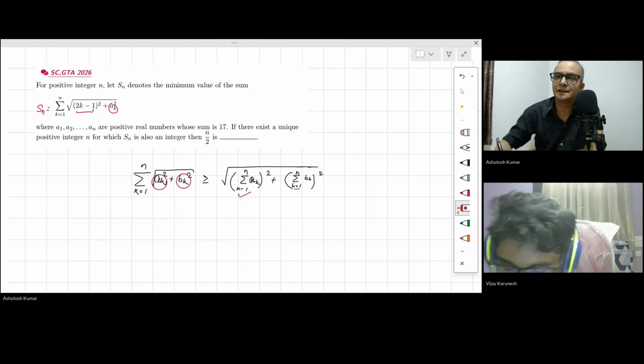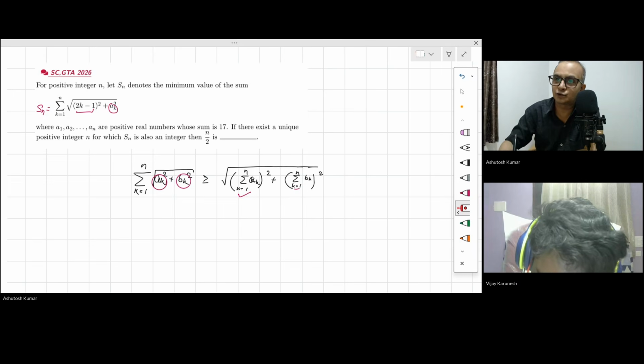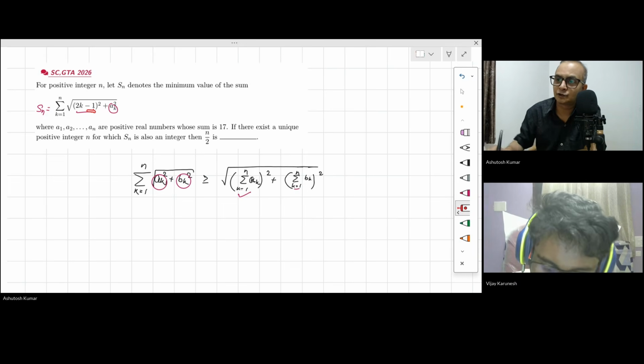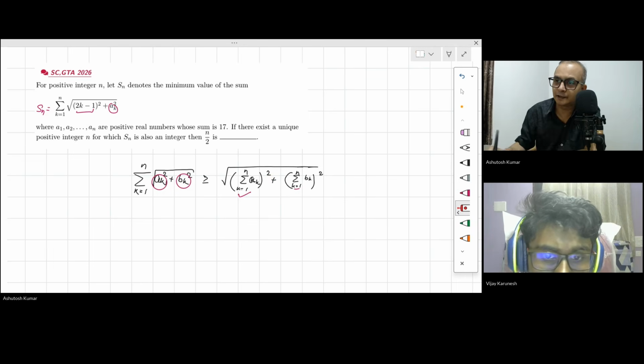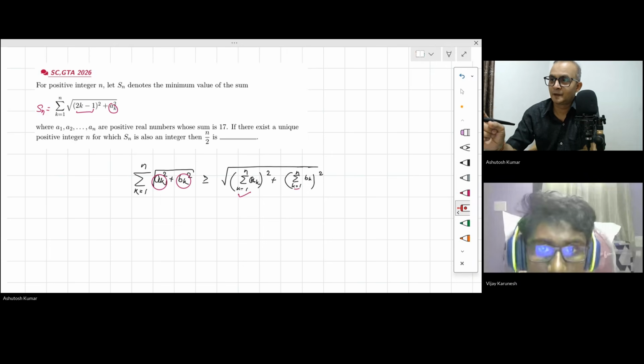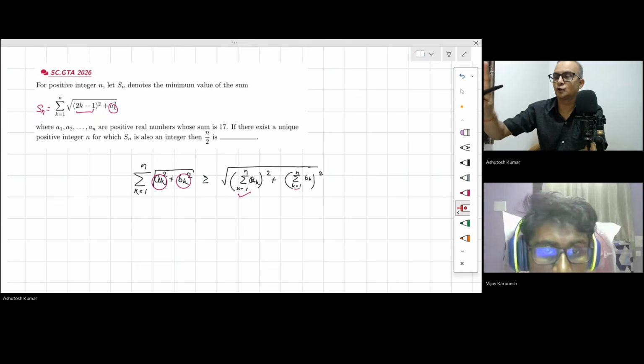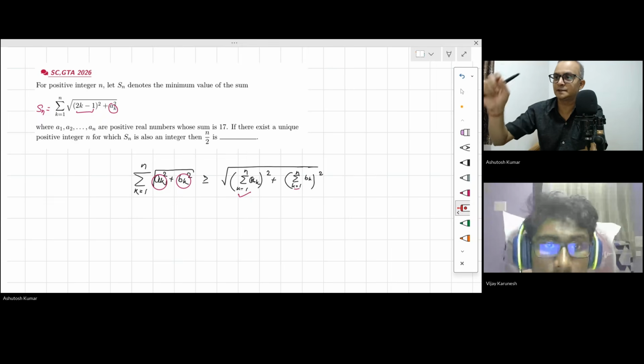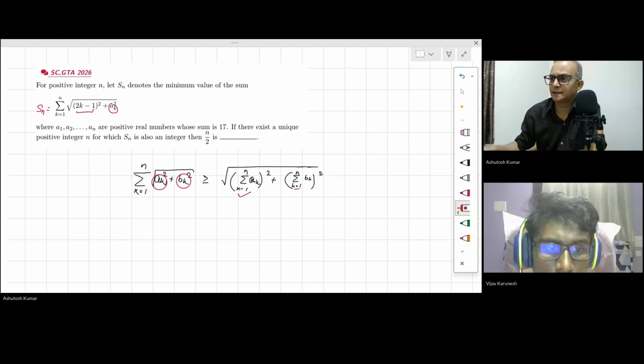I mean, here 2k minus 1. Please understand, this is 2k minus 1 only. So here it's not like you are taking the square and adding. It's not like 1 square plus 3 square plus 5 square. You are adding 1 plus 3 plus 5, whole square. And you know that the sum of all the odd numbers up to n is n square. No? Yes, sir. 1 plus 3 is 4. You are taking two terms, so 2 square. 1 plus 3 plus 5 is 9, so 3 square, and so on. So I think it's not difficult now.